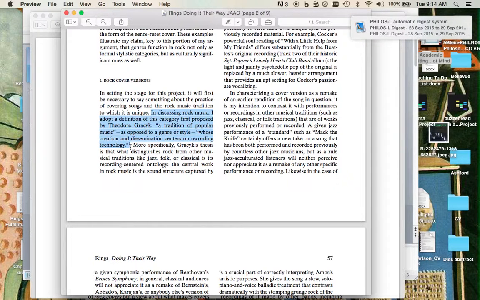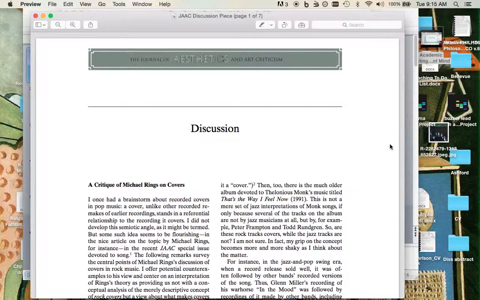So I acknowledge Gracyk's idea here that rock is a kind of music that's centered on recording, and that way it differs from both classical music and folk and jazz. And I agree with him, and I move from there and build on his ideas. So that is one way in which I'm demonstrating the conversational nature of scholarship. I'm hearing what someone says, I agree, and then I make my own contribution after I do that. But the conversational point can come out even more